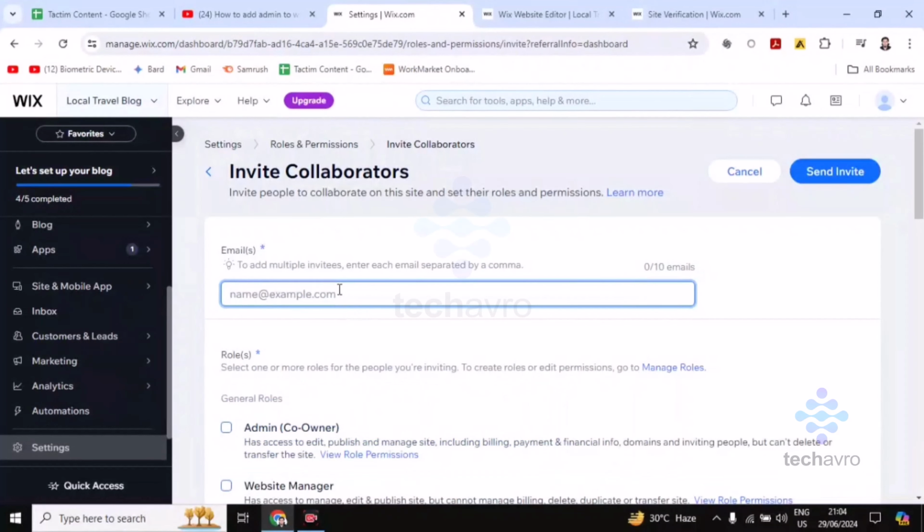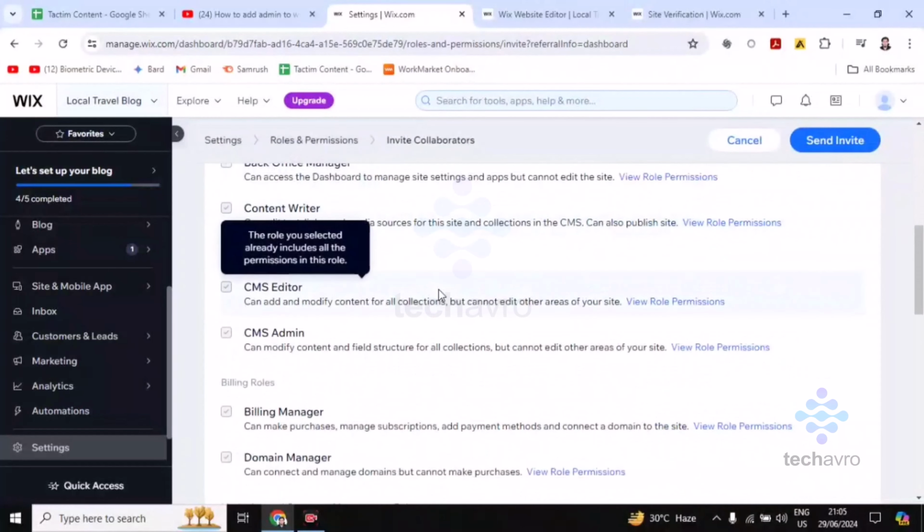Now you have to select admin, and write here the email address of that person. Now click on this, and you can add up to 10 emails. I'm putting in one. Now you have to click on,